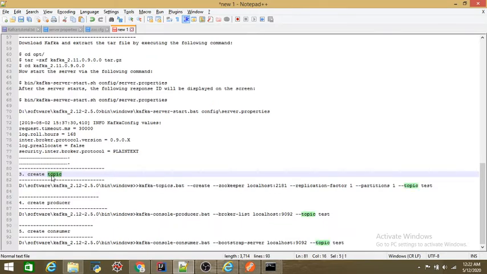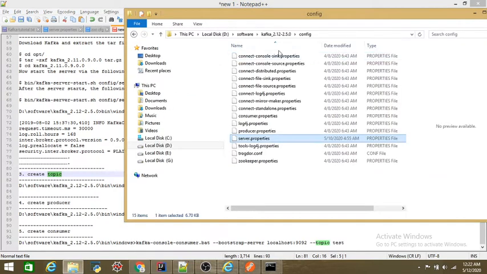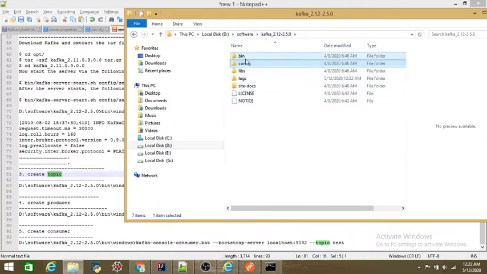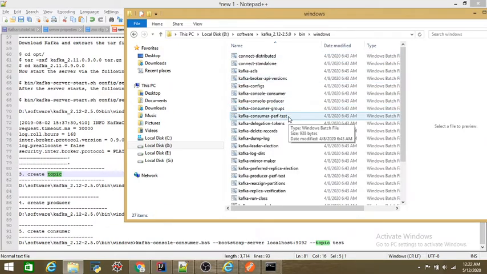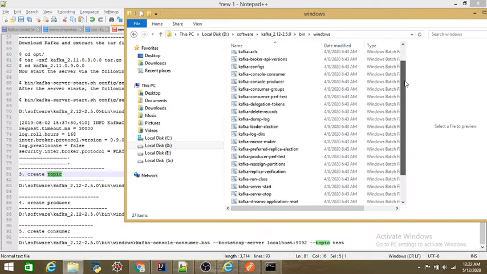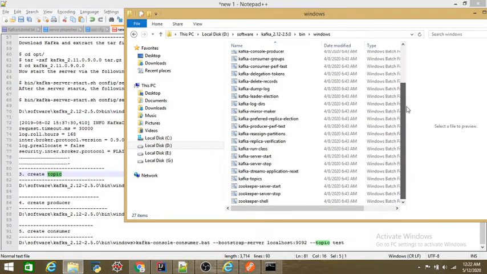So now comes the topic. If you can see how we can create the topic, if you go to this Kafka folder and bin, inside Windows, you can see that you have to create a topic, right?